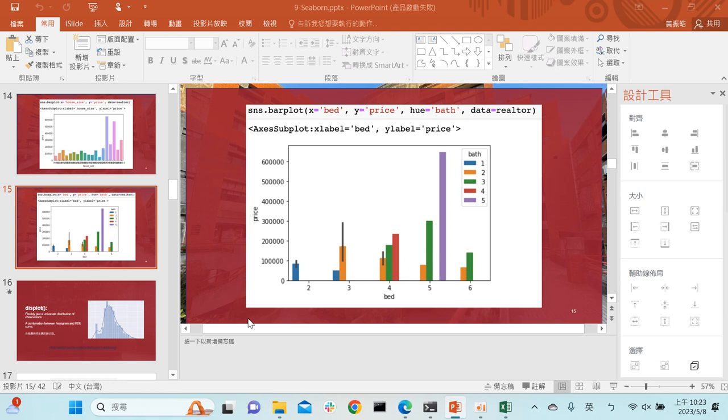And another thing is, for example, today you want to compare, maybe we have a data set. In this data set we have all the cities' data, and each city has their